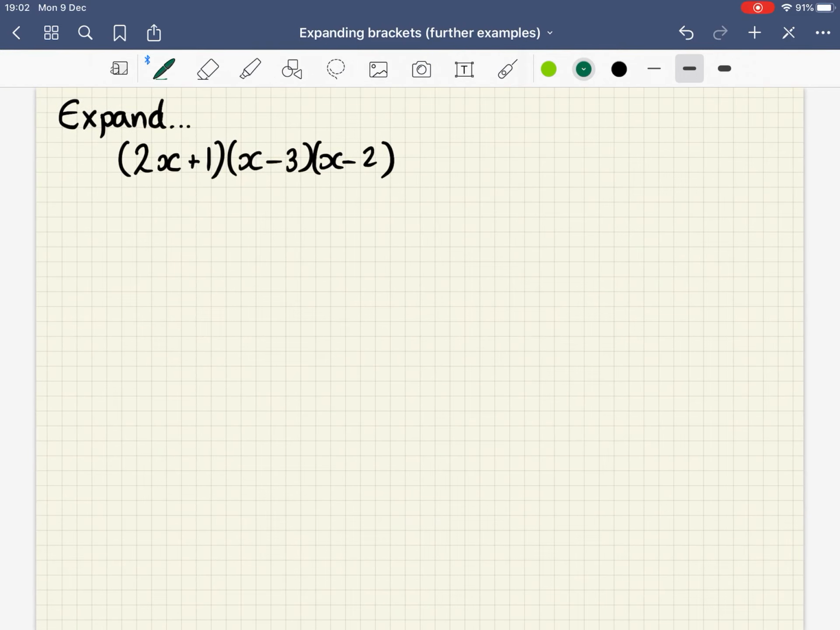Okay, so next one I've got triple bracket. Now, best way I find to do this is always expand the last two brackets. So I'm just going to look at this bit here, and I'm just going to bring it down. And so I've got my x minus 3, x minus 2. And I'm just going to expand this first. So breaking up that first bracket, putting the second bracket in,